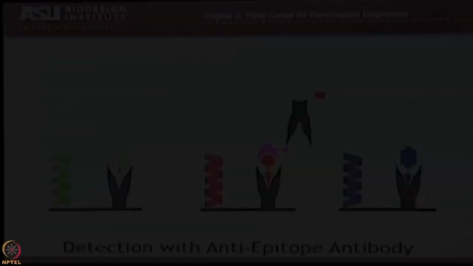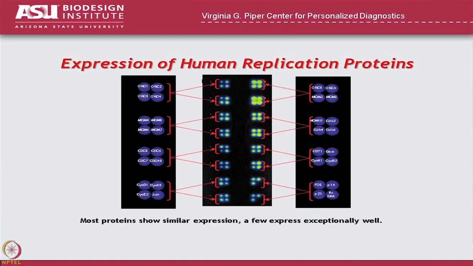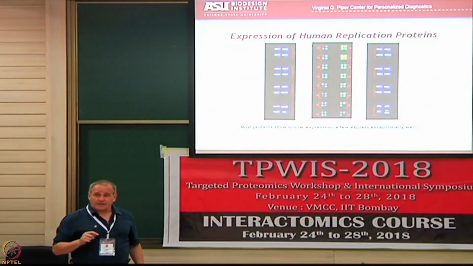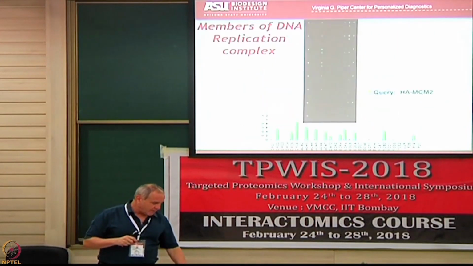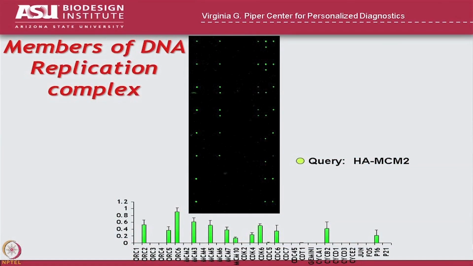So our first experiment was this guy. We took all the proteins in the human DNA replication complex. This is that collection there. Cloned all those genes, and then we printed them and expressed them. And this is measuring with GST just to show that they all got made. Okay? And everybody was done in duplicate, so they were all there in 2 spots. And then we would query the array using an antibody, using this protein here, one of the proteins in the set,